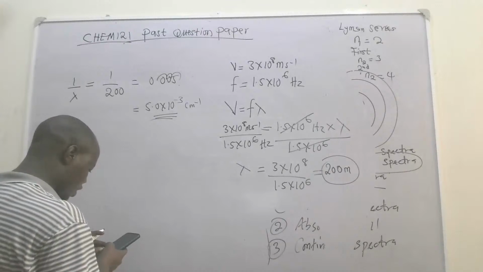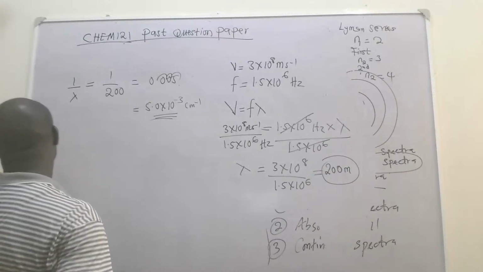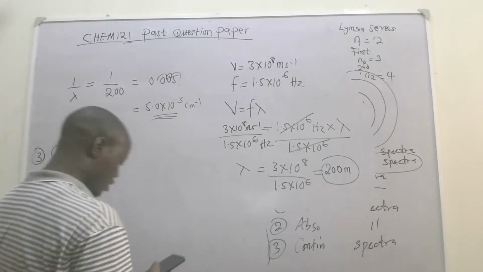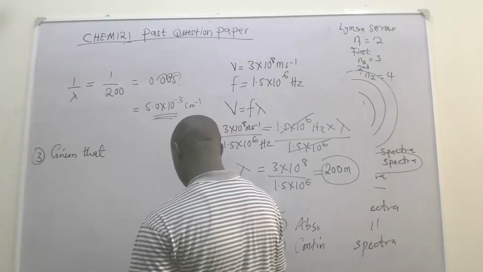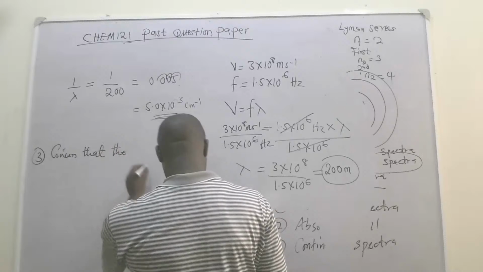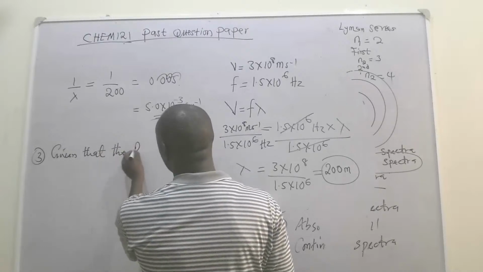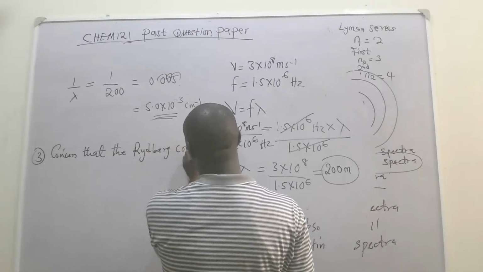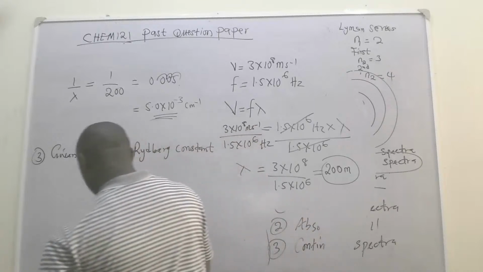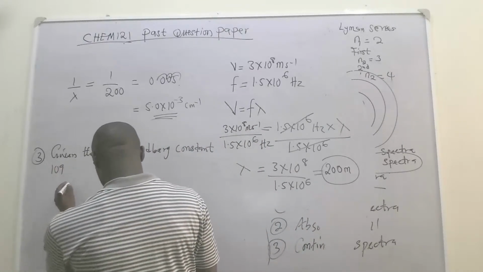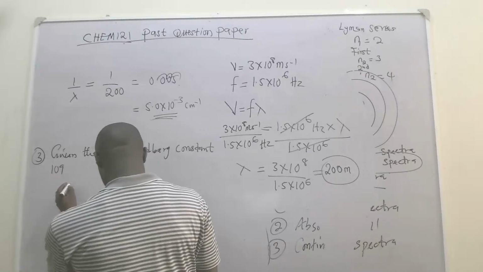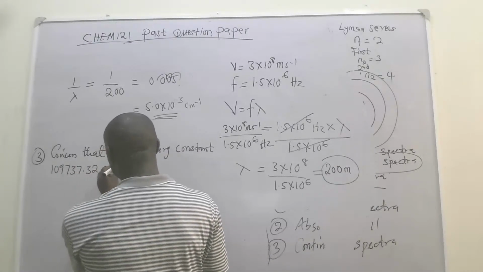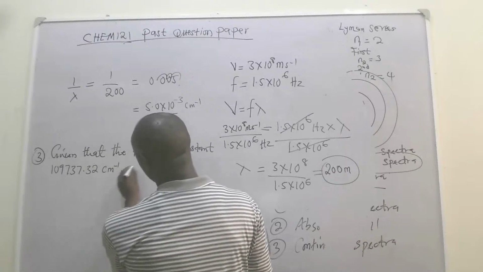So here we have another question. The question says, question 3, given that the Rydberg constant is 109,737.32 per centimeter, calculate the wave number